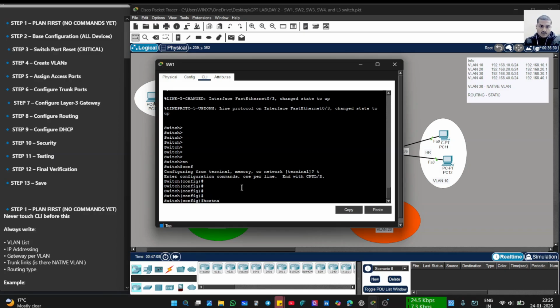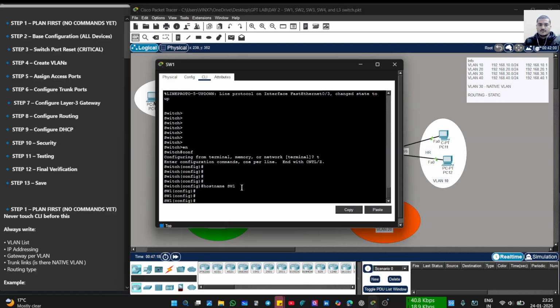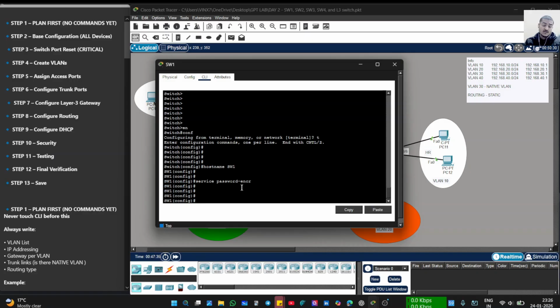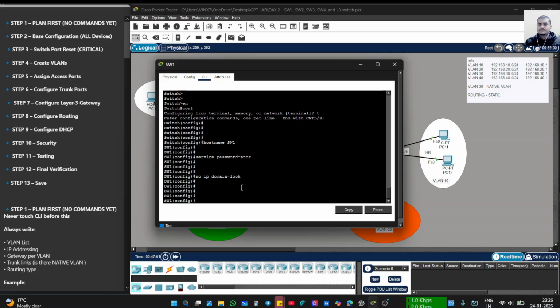Okay, host name, which I will put in the same way like switch 1 that we do always, and then after that the service password-encryption, and what would be next is IP. Okay, no ip domain-lookup, no ip domain-lookup. Okay, it's done. What will be next is banner MOTD,